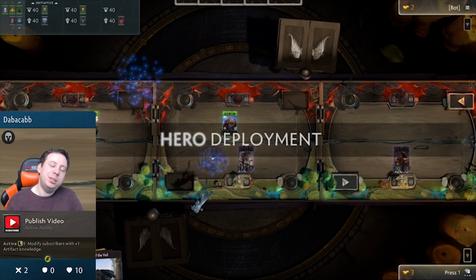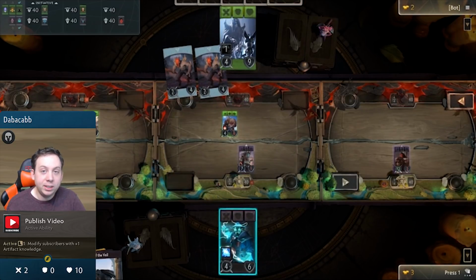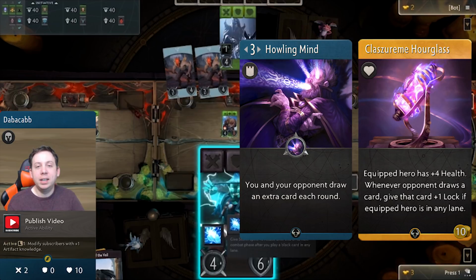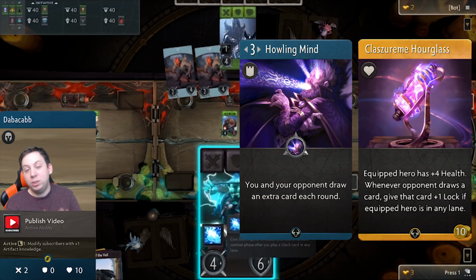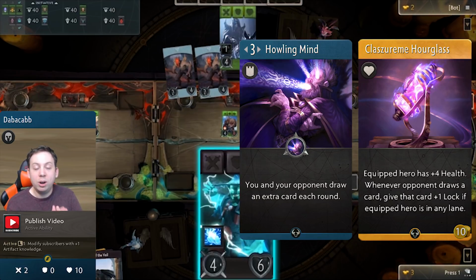Next up, this combo is not quite as strong as the double Luna combo, but it does have some really great synergy. That is the Conflagration Hourglass plus Howling Mind. The Howling Mind improvement makes it so that both you and your opponent draw a card. So obviously it benefits you, but it benefits your opponent as well, which sucks for you. But if you have Conflagration Hourglass on the field, then it locks up that drawn card for your opponent for